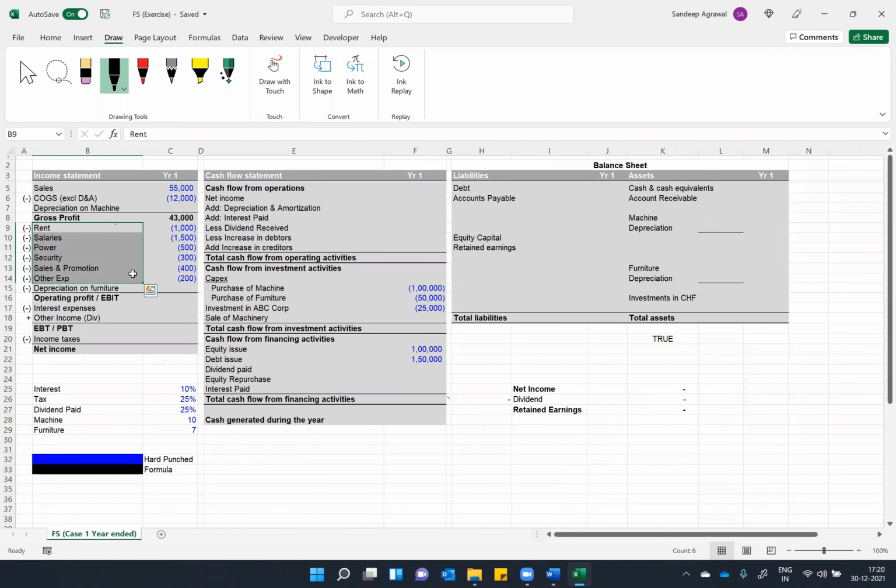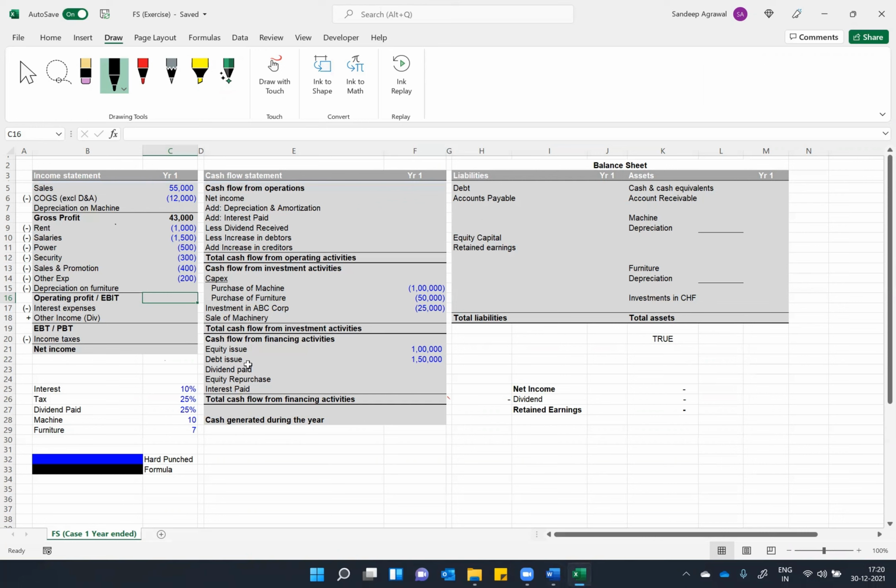Instead of clubbing all of these numbers in one or two line items, we have kept it as it is, because in this session, we are just going to understand the linking between the three statements. In real life, if you see an annual report, you may not find so many line items for any company,